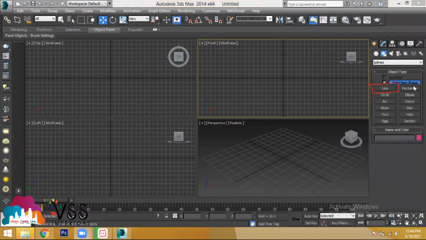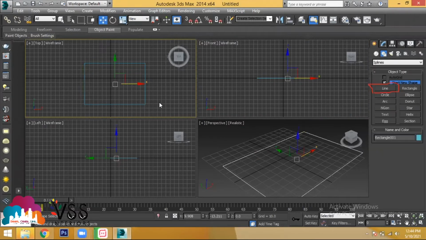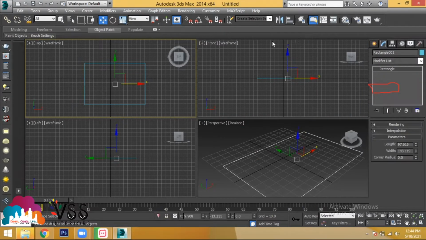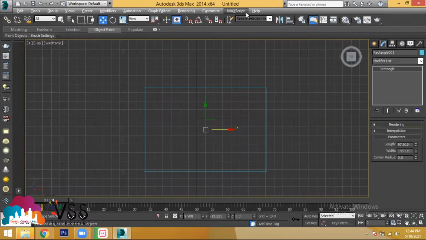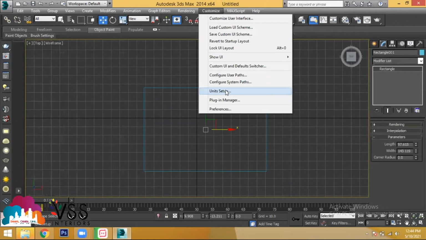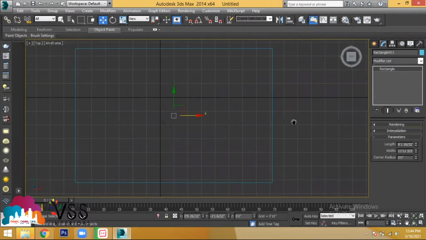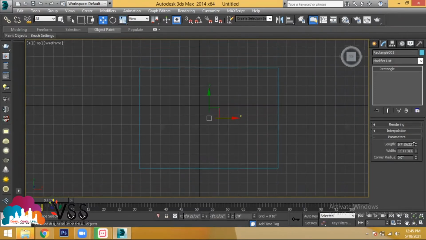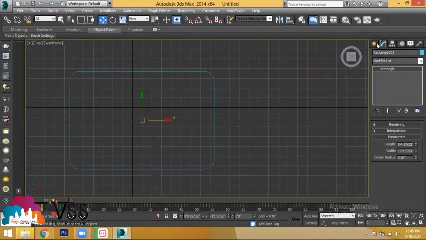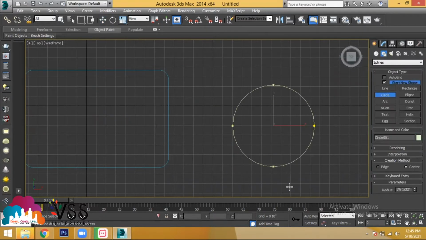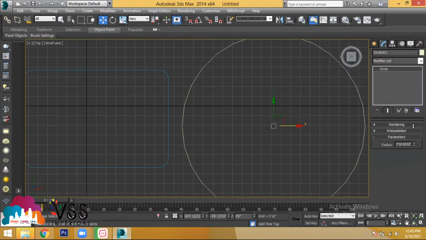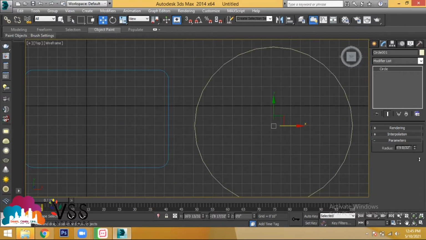For example, if you take a rectangle, what are the modifications you have in modify? One, you can change the length. Let us put my units into feet and inches. Let's say if you provide a dimension, you are able to provide length and width. Apart from that, you have one corner radius. That's it, right? When you go with a circle, click a center point and drag it. If you go to modify, you find only the radius which you can increase and decrease. That's it, not more than that, right?